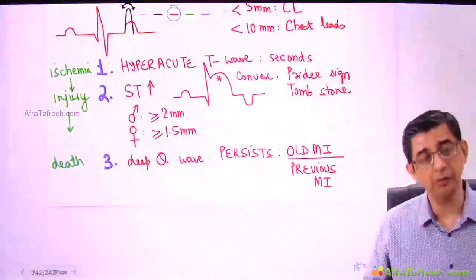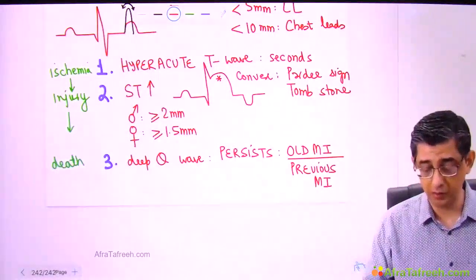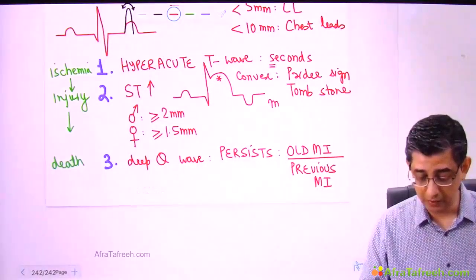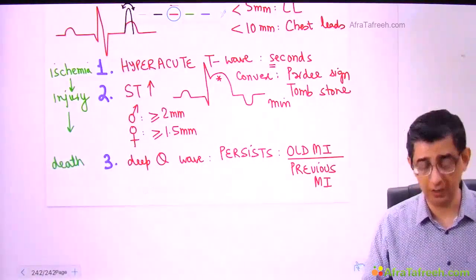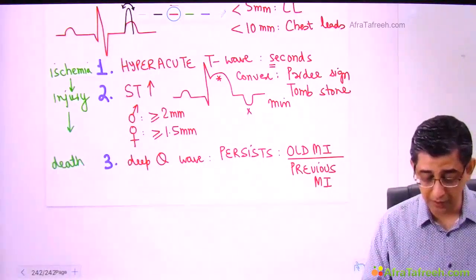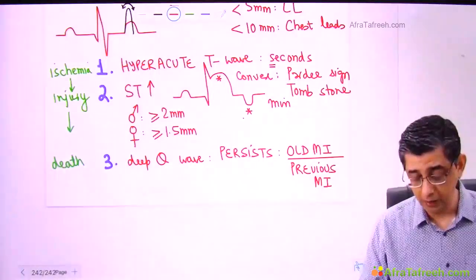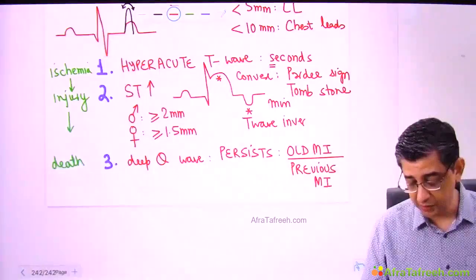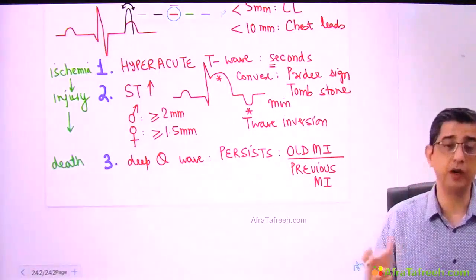And the same information can be asked with respect to time frame also. Like I told you, what is going to occur within seconds, what is going to occur with respect to minutes. That's going to be ST elevation, not in all cases. So you will also notice another finding coming up here, that would be T wave inversion. I want you to understand the fact that T wave inversion can also be a finding of myocardial ischemia.